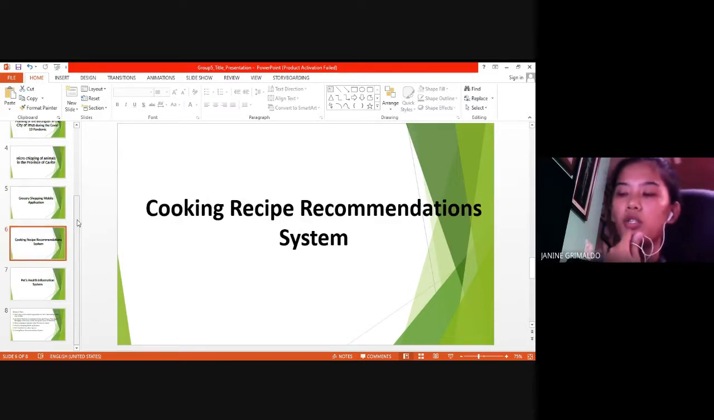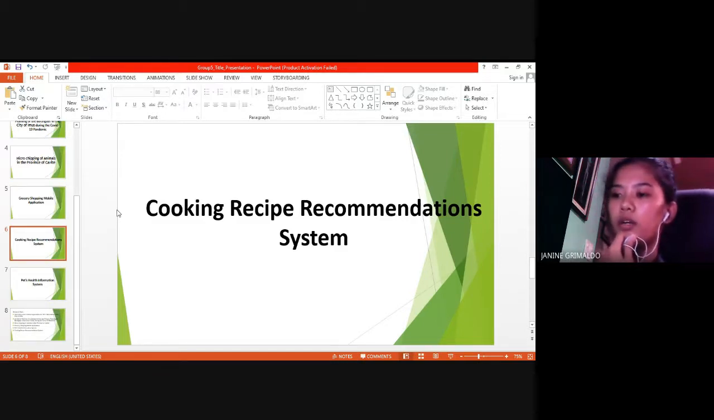Cooking recipe recommendation system. Since a lot of us like to cook, and since we're always indoors, we want to expand their knowledge when it comes to different dishes. For example, if they want to cook their favorite ingredient like ramen, in this system you can select your main ingredients. Then the system will come up with different styles of menu,